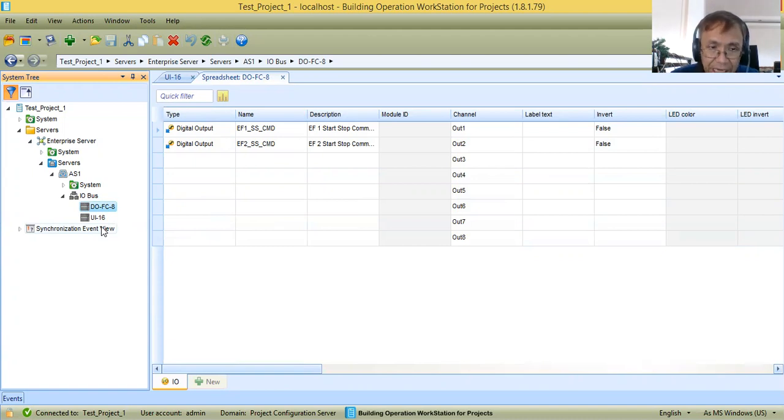To control this, I need to install or connect I/O modules in my automation server. Now, an automation server can handle several I/O modules, maybe up to 10. This time, we only connected 2 I/O modules in my automation server.